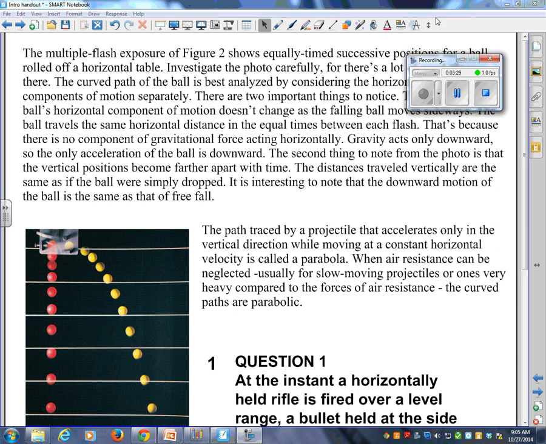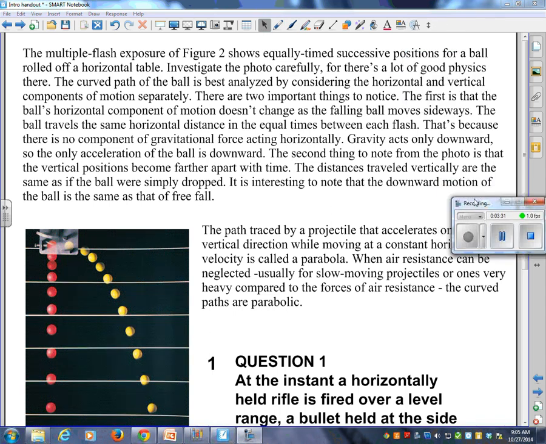The multiple flash exposure of figure 2 shows equally timed successive positions for a ball rolled off a horizontal table. Investigate the photo carefully. There's a lot of good physics there. The curved path of the ball is best analyzed by considering the horizontal and vertical components of motion separately. There are 2 important things to notice. The first is that the ball's horizontal component of motion doesn't change as the falling ball moves sideways. The ball travels the same horizontal distance in equal times